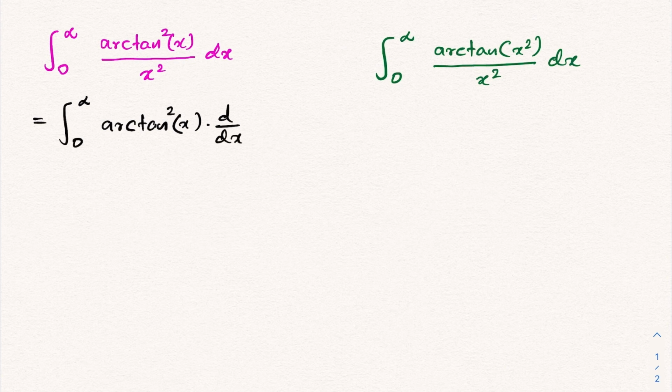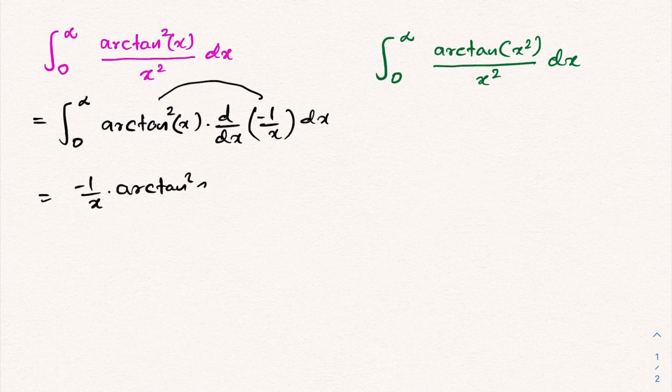We know integration of 1 over x square is equal to minus 1 over x dx. Then the product of these two functions, so we have minus 1 over x times arctan square of x, limit from 0 to infinity, then minus, and here we have another minus sign, so minus minus will be plus,